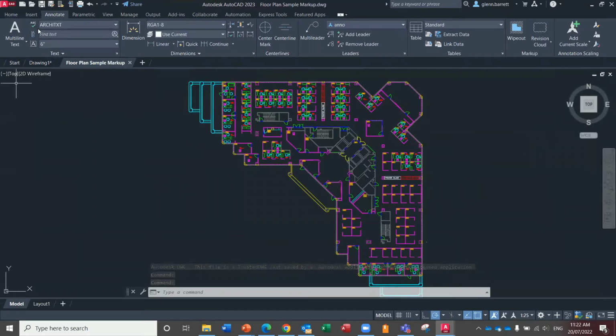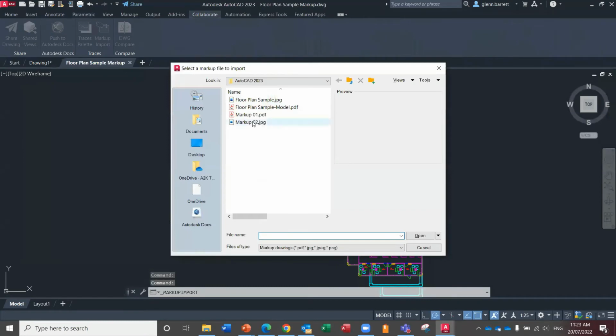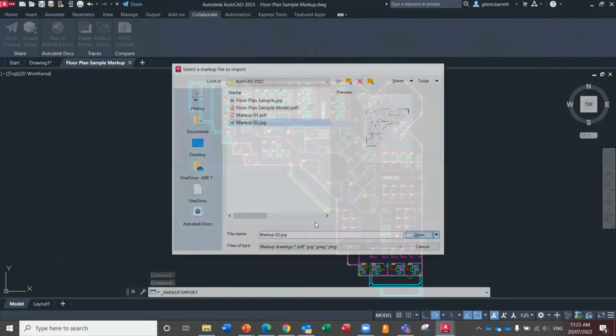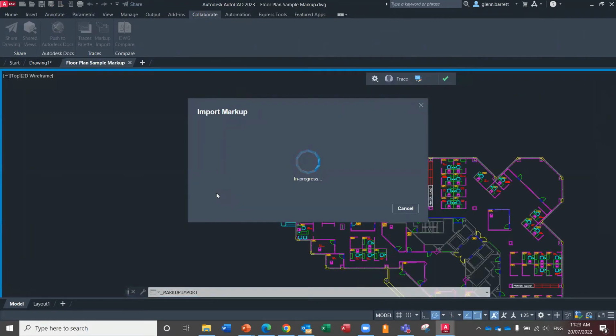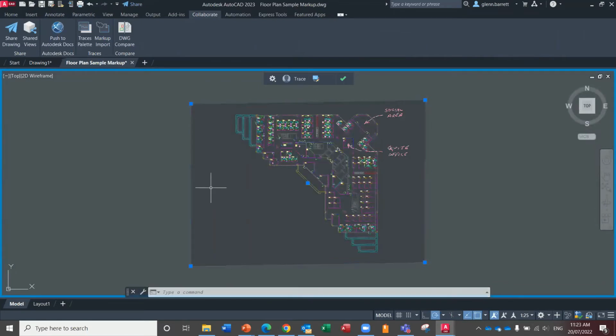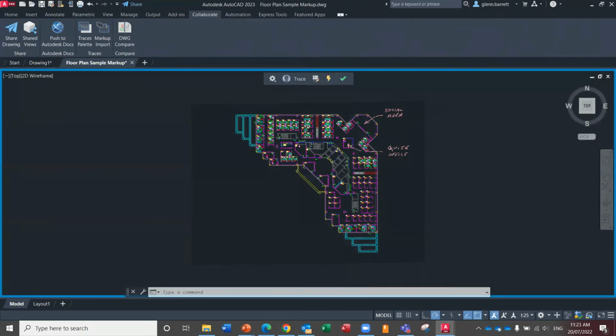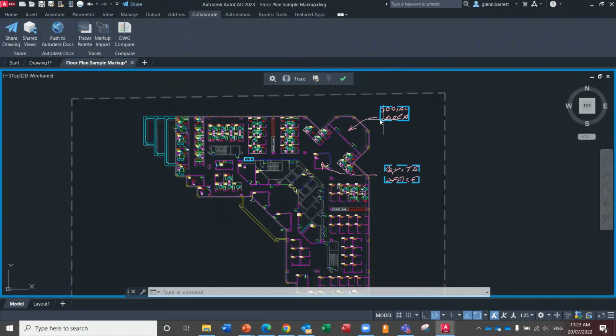Now what we can do with our markups is, if I come to my Collaborate tab, we've got Markup Import. So I've already got a JPEG on there, which it sorts out and basically fits to the drawing, which is a nice feature. And you can see, I'm going to accept that. I've got some text written on there. Okay, and I can come through and say, look, if I pick on the text,